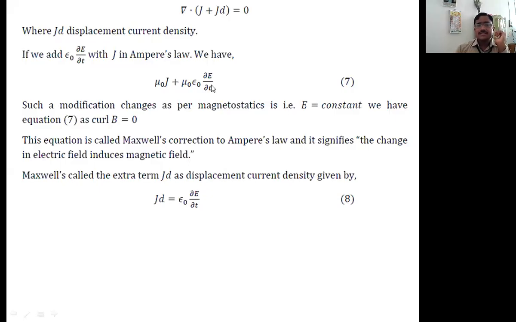Such a modification changes things as per magnetostatics. He made these changes. Now, when you go to magnetostatics, static means it is stationary with respect to time t, so dou E by dou t will be equal to